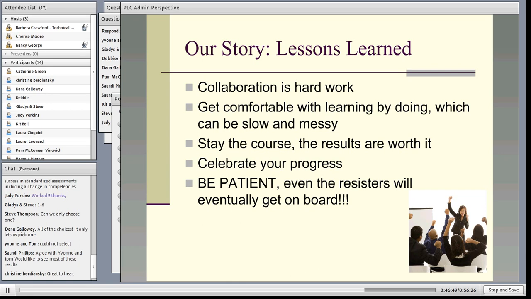The whole idea behind professional learning communities is you don't know what the outcome is going to be, because it's that collaborative learning together piece that's so important. And so part of my work as an administrator was not defining it too clearly for the staff, but letting them fiddle with it and work with it and play with it and learn from it, and letting it be organic to a certain degree. And so the end result lesson learned on that is collaboration is really hard work.